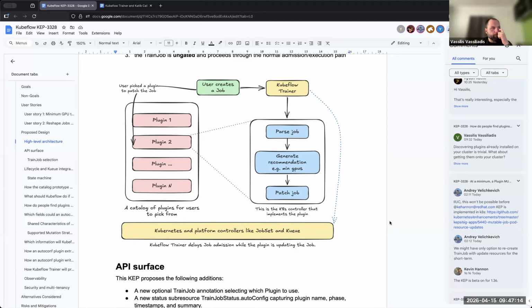Okay. Any other questions about at least the high level part? Good. Something I want to ask a little bit more about is the logic for resource right sizing, which is very black box right now. I guess that is maybe a little bit by design because I think it's very organizational dependent, but what's the plan for open sourcing the plugins?